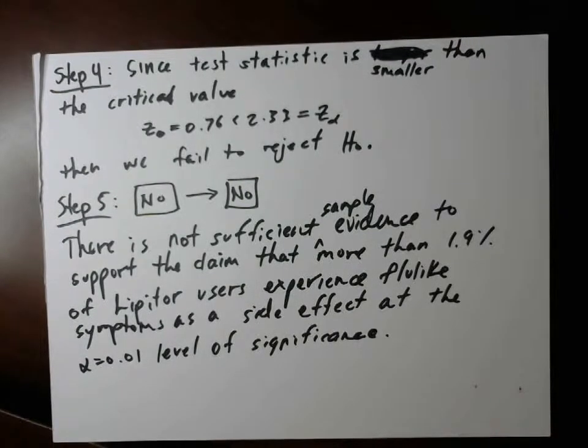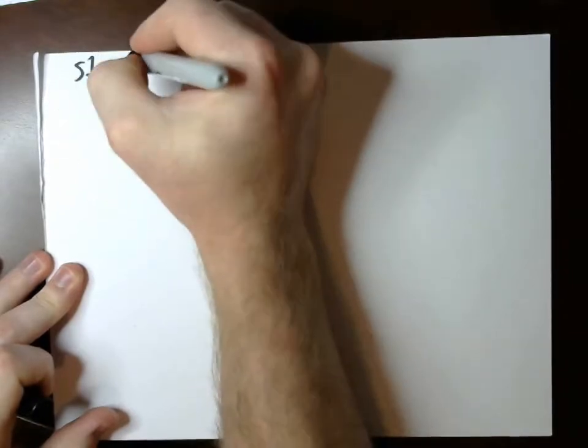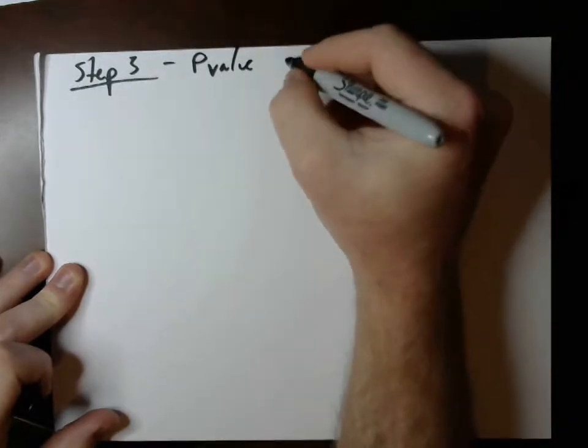And I really want you to get used to the p-value approach, which is where we're dealing with comparing p-value to alpha in steps 3 and 4. So step 3, you calculate the p-value, and then step 4 is you compare the p-value to alpha. In this case, just to explain the p-value approach, let's go ahead and do that really quickly. So back to step 3, if we were going to do step 3 with the p-value approach,